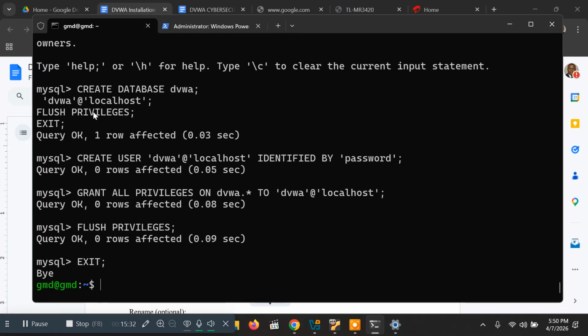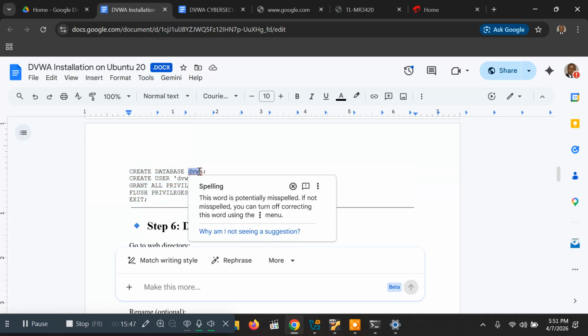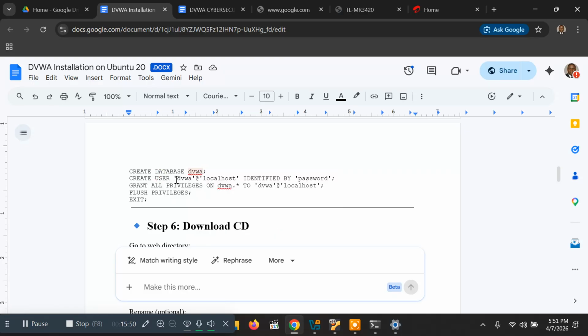See, the first line of code to create this is done. But take note, the password is identified by password. So your password is password. That's what this line of code does. The first line creates database DVWA. So you have created a database called DVWA. Then you have also created a user called DVWA at localhost, because the same Ubuntu is the one hosting the